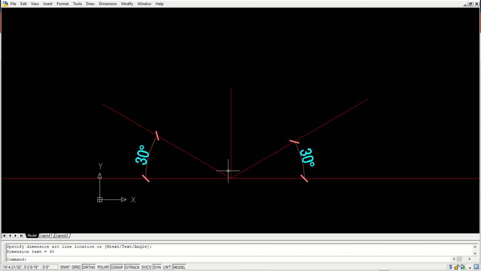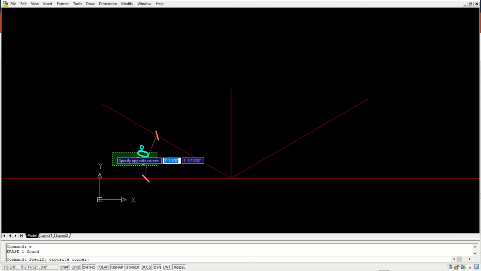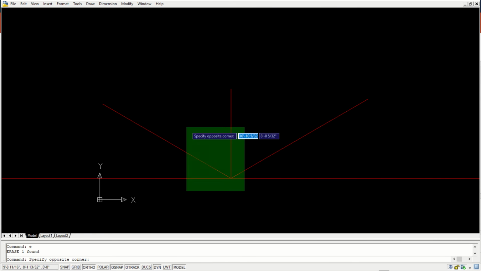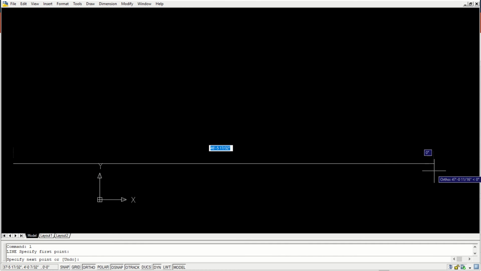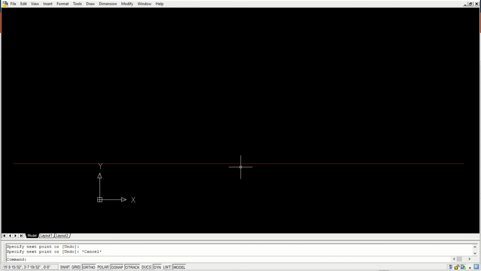If you can do this, the rest of the drawings are just formalities. So make sure you don't make any errors in doing this. Let me explain again clearly. Draw a horizontal line, draw a vertical line. In my case, I am drawing a 10 feet height vertical line.